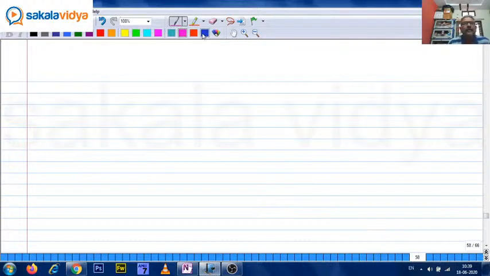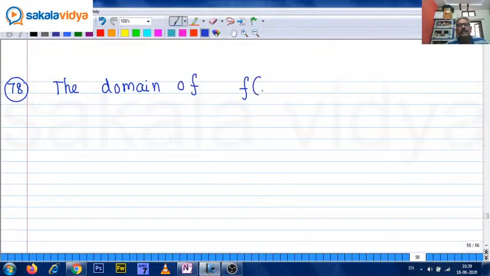Question 78. The domain of f of x equals x square upon 1 plus x square is